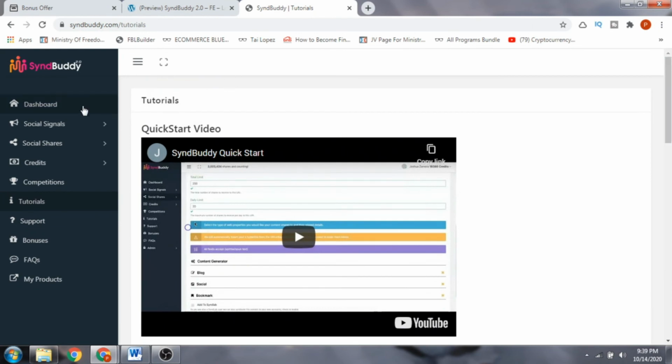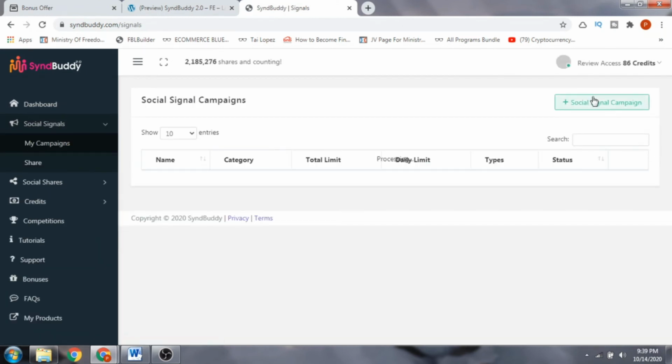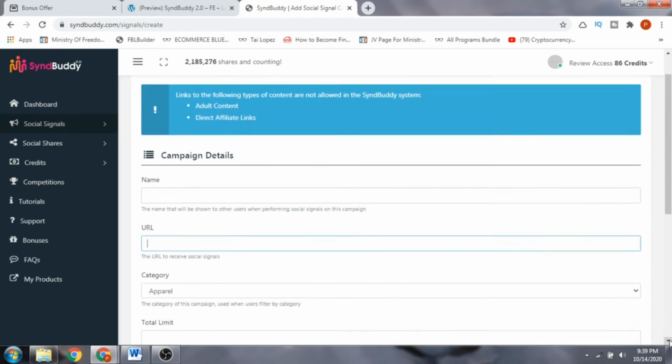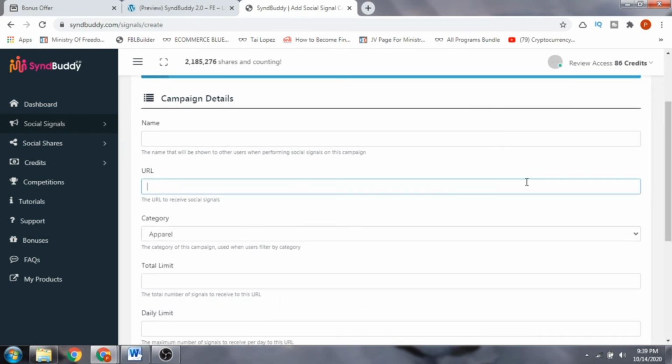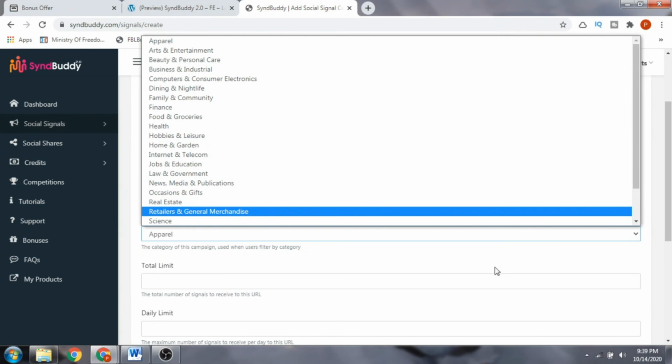Now in the social signals, you go to My Campaigns and create a campaign here. You give a name for the campaign, the URL you want to promote, and what category it belongs to, such as apparel or job evaluation, whatever category.